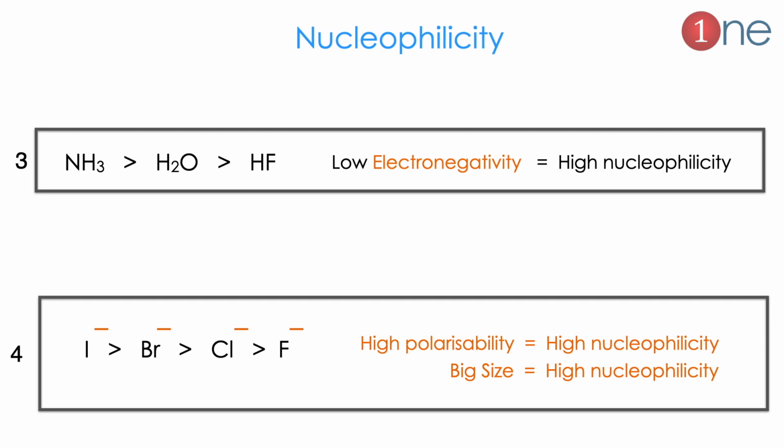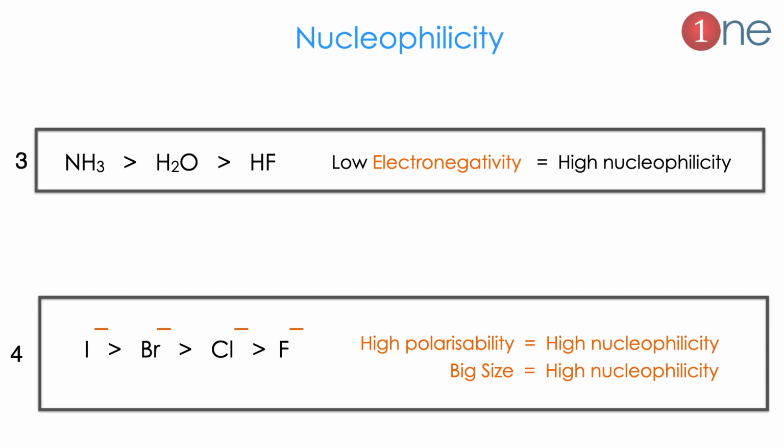The third factor influencing nucleophilicity is electronegativity. Electronegativity means pulling of charge, right? So if negative charge is there, the electronegative atom pulls the charge and reduces the nucleophilicity because it reduces the charge density. So fluorine is the most electronegative, that's why it's slow, then oxygen, then nitrogen. So ammonia is a better nucleophile than HF.